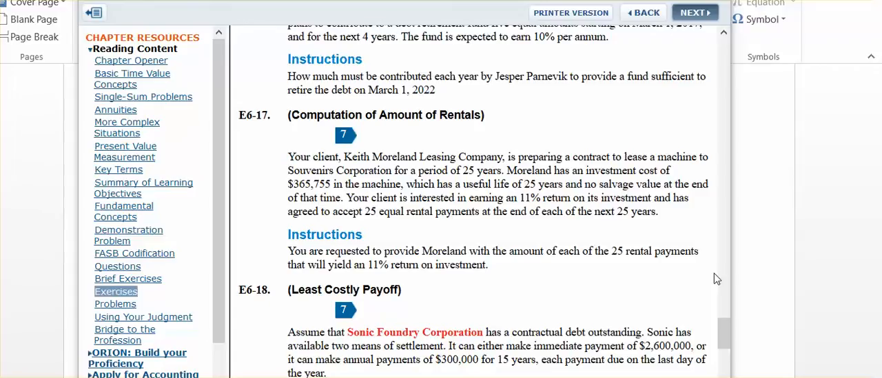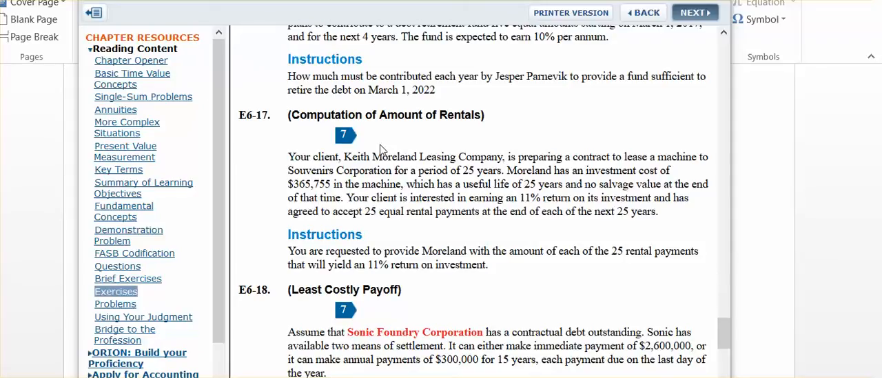So for the next 25 years, Moreland's going to have this lease with this other company. They need to know how much they're going to charge this other company, and what they're trying to do is get 11% return. I mean, they forked out the $365,755 on the machine. They want to get a decent return. So they want 11%. So what do they charge them? So that's all they're trying to figure out, is what amount would they charge every year for 25 years for them to get 11% on their